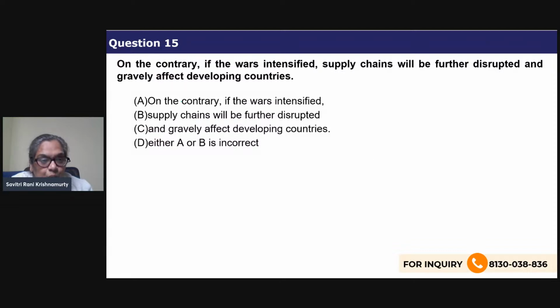The moment you have a had or an if starting, you know it may be a conditional sentence. Now you have, if the war intensified, then what will happen? What kind of conditional is this? If you keep the first sentence as it is, this is in past tense, right? If you tried, you would. So this is type 2 conditional. So what will be? Would be further